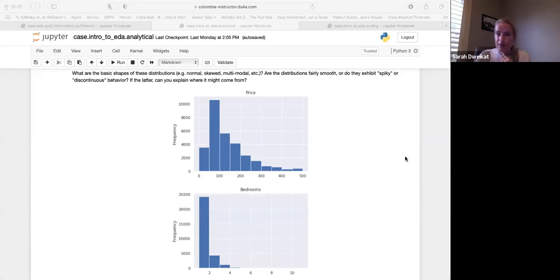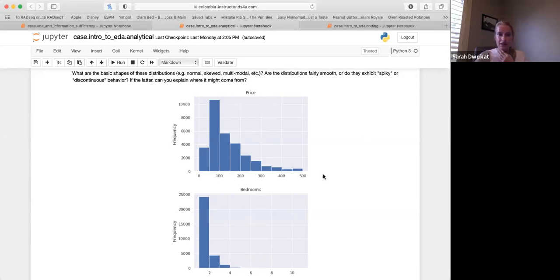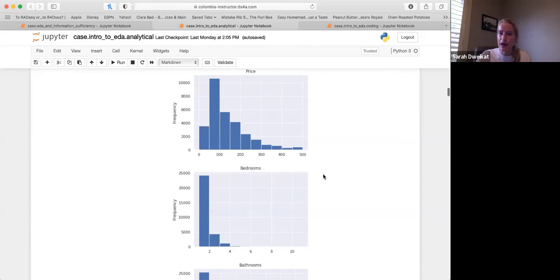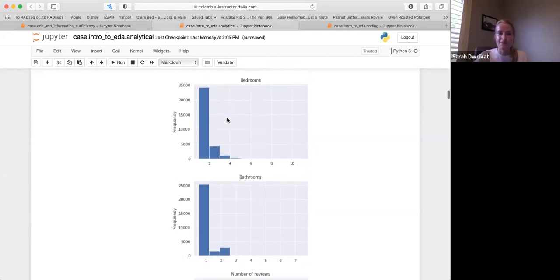Okay, so a lot of answers are that it is skewed, that it looks like it's right skewed. Okay, and no one has said that they are feeling confused about histograms. So that's awesome. I think you would have covered that in your visualizations lecture at least. So yeah, we're looking here at price, which is right skewed. We can tell because we have this tail coming off here. Our tail is on the right. We have most of our values clustered here at the lower end of price. Most of our data is there. For bedrooms and for bathrooms, it's really hard to identify them as skewed per se.